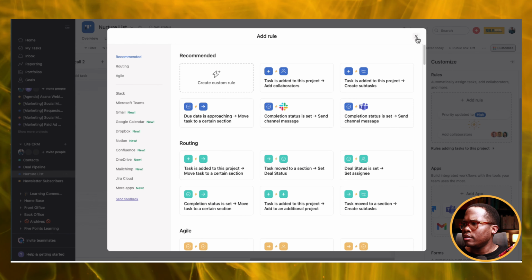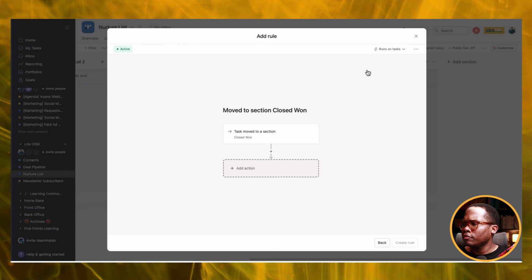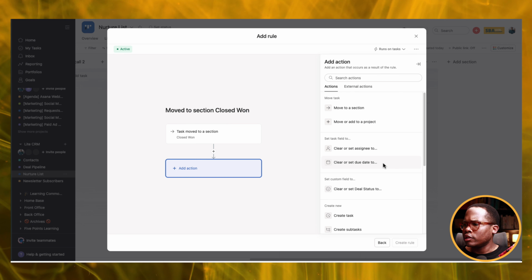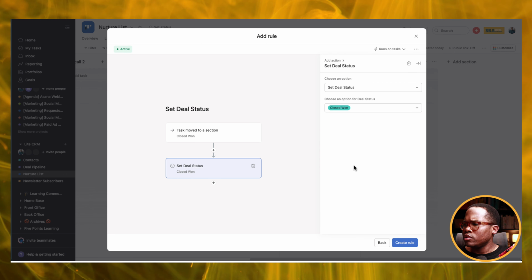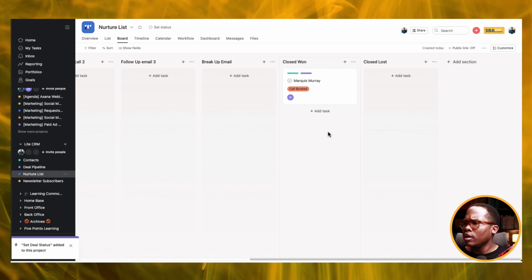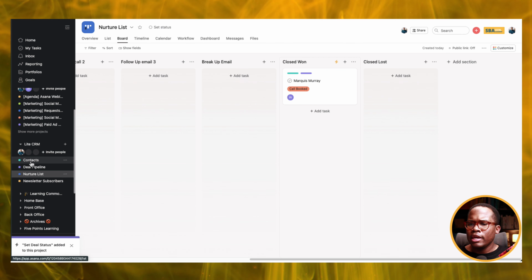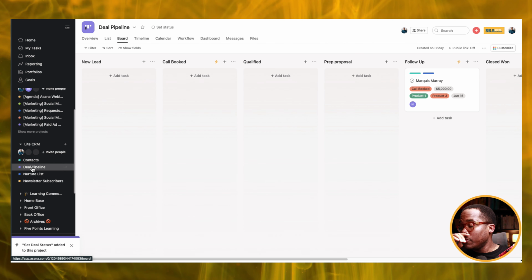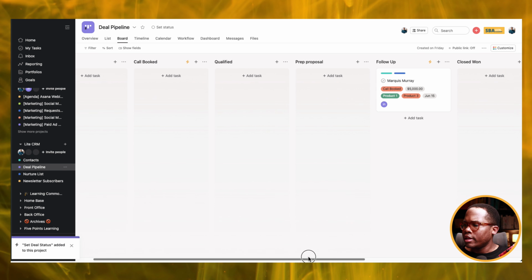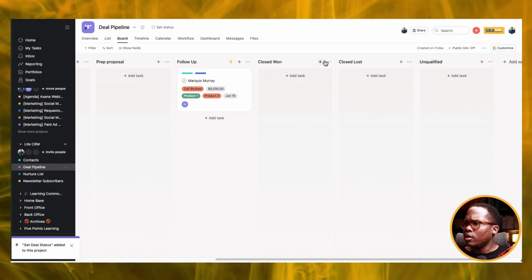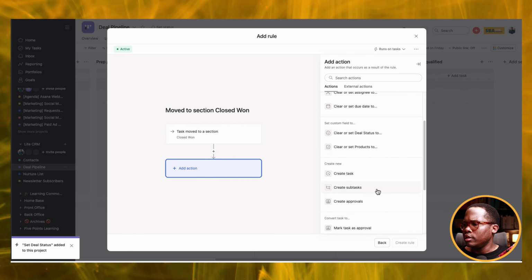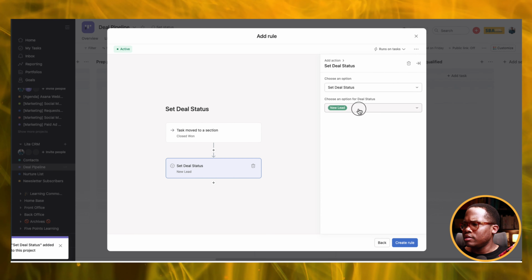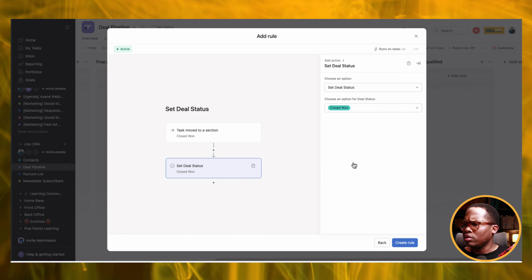So we're going to state, actually let's do it from this section. We're going to state that when it's moved to closed 1, we're going to set our deal status to closed 1, like so. And so if we keep going this way, I'm going to have to do it here as well. I'm going to add this rule here that when the deal status is updated to closed 1,